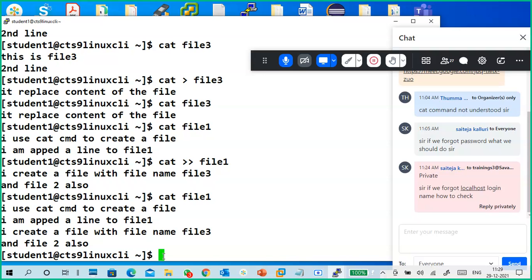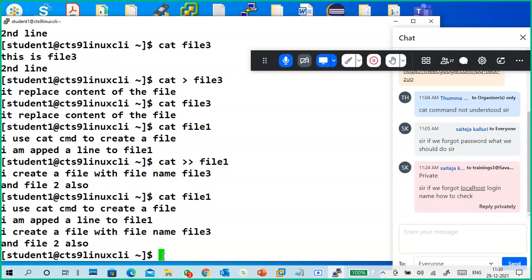Cat greater file name means you can create a new file or replace the content of the file. Next, cat double greater appends the content to the existing file.